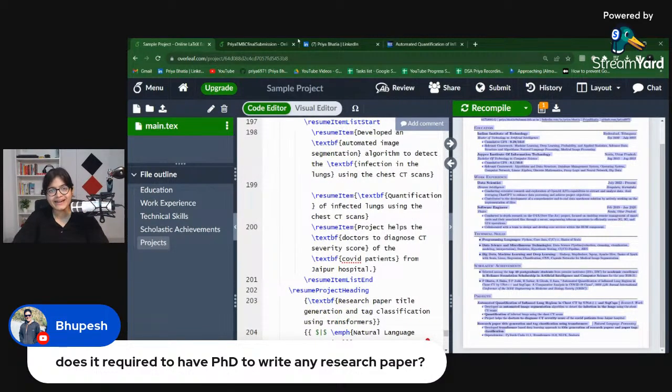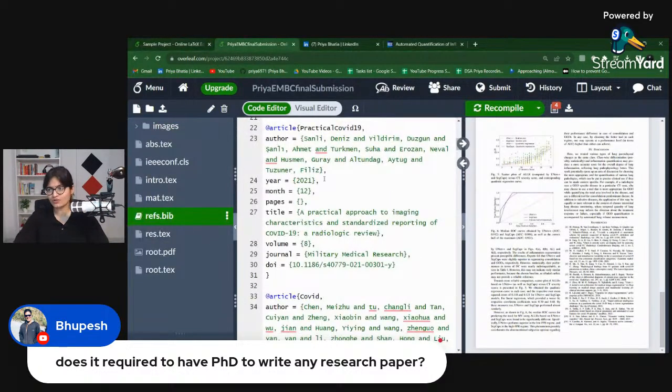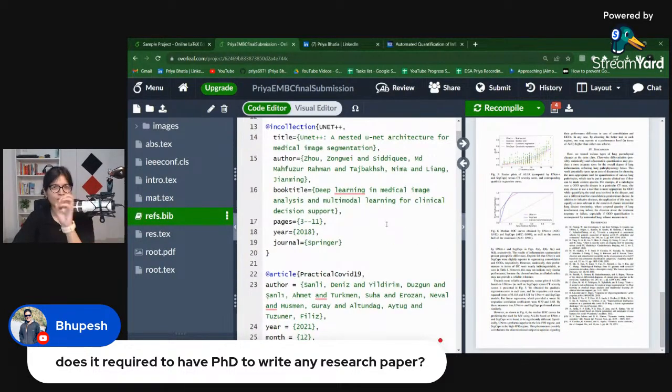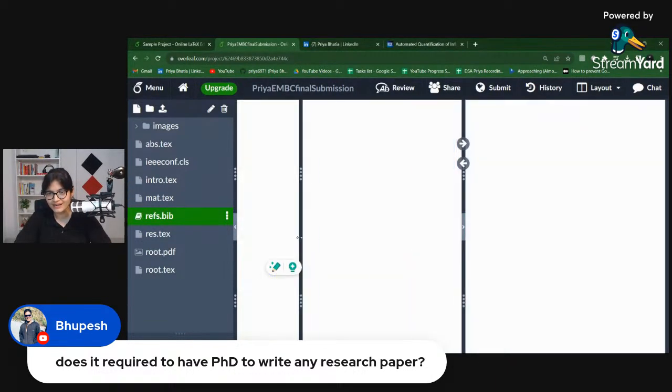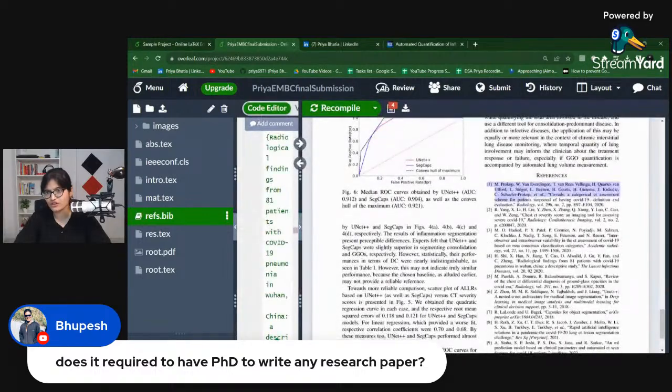Okay. The second important thing, which one student asked me, is how we can write references whenever we write our own research paper. This is the format of my research paper, which I was writing at that point of time. Usually, you need to create a separate file for writing references in your research paper, which is ref.bib. In that, you write whatever references you have. So this is how references will look in your research paper.